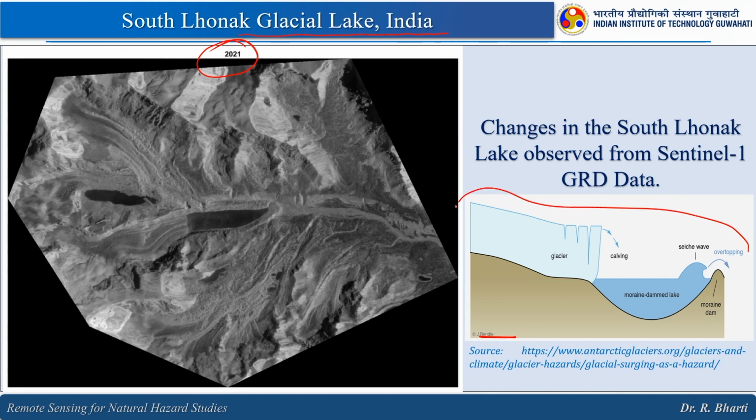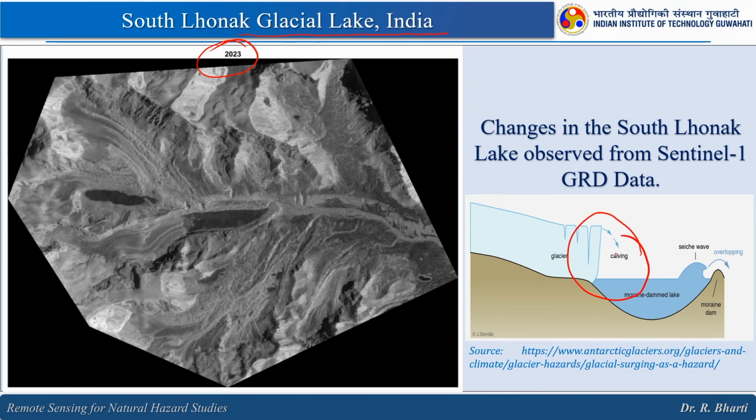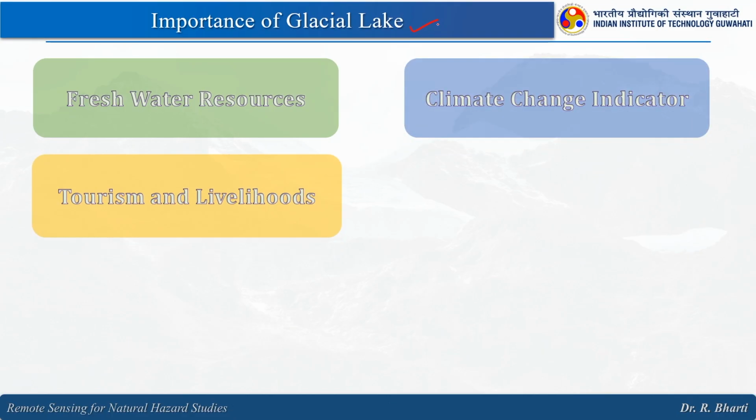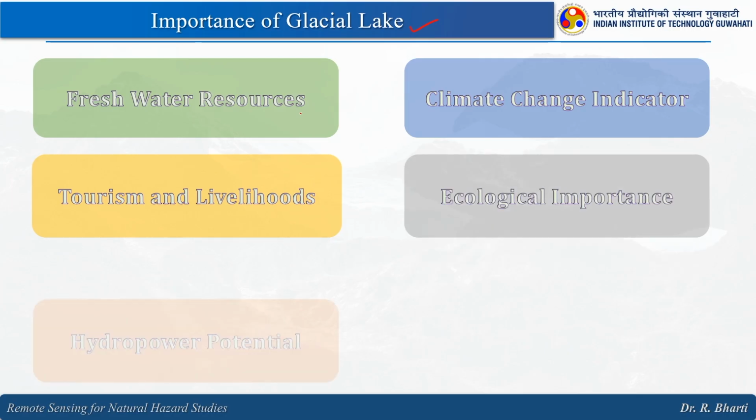Recently we had a GLOF event in the South Lhonak glacial lake, and here it was having the calving effect, and because of this calving there was an overtopping of the water, and that caused the glacial lake outburst flood in the downstream. So, importance of glacial lake, now I hope you have understood the importance, but to summarize it,